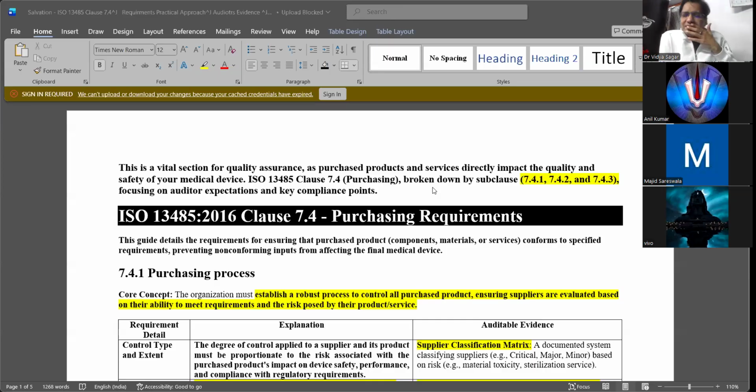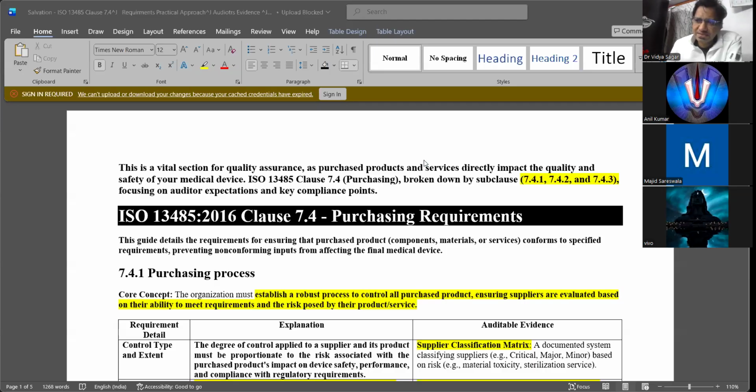See, purchasing is one important thing which comes under clause 7, on production and production controls.